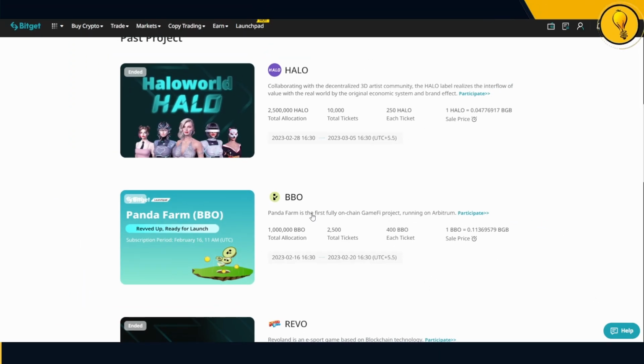So I'm like, okay, this was the sale price. This is what people got in at. What is it trading at right now? That's always the first question, right? You want to know how much people made on these projects. So I went into the charts and I started crunching some numbers, and that's where things got super interesting. Because when I started crunching the numbers, here's what I found.